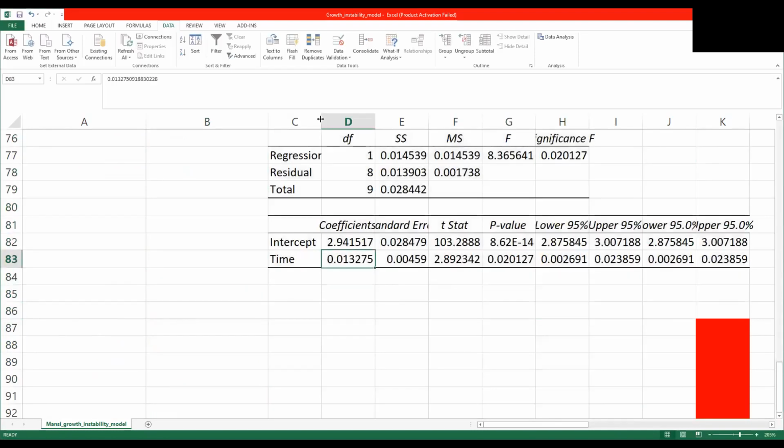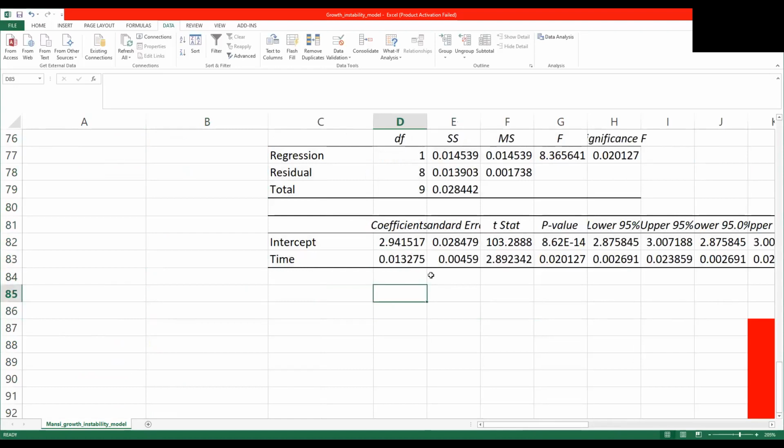So this is the slope coefficient which I have obtained, 0.013275. Now let me take the anti-log of it. Since I have taken the log base 10, let me use POWER here, then 10 over here. 1.03109, right? Using the regression function, we have estimated the slope coefficient beta 2, like I explained with the help of the previous slides. And then I have taken the anti-log of the slope coefficient. I'm getting